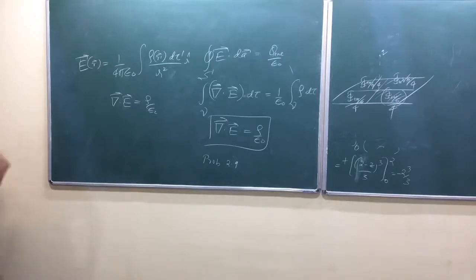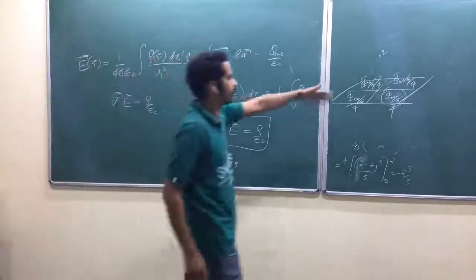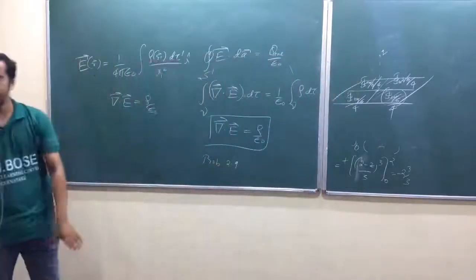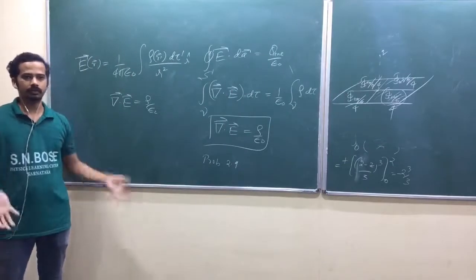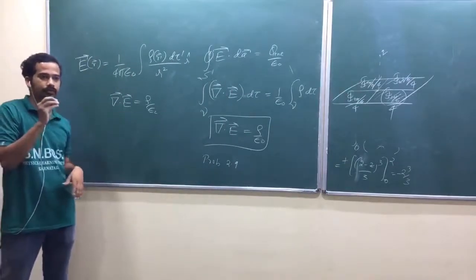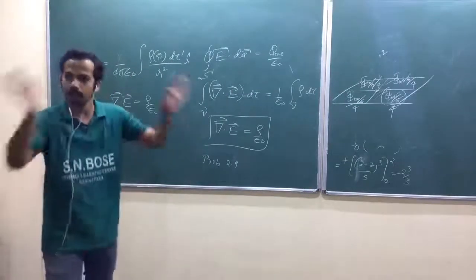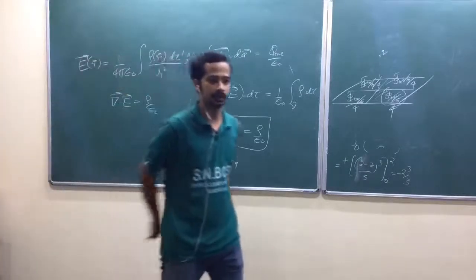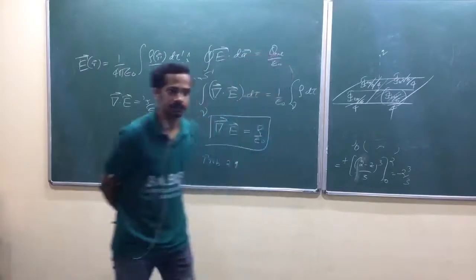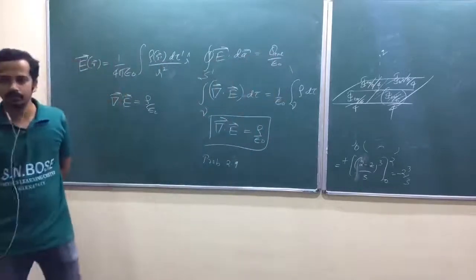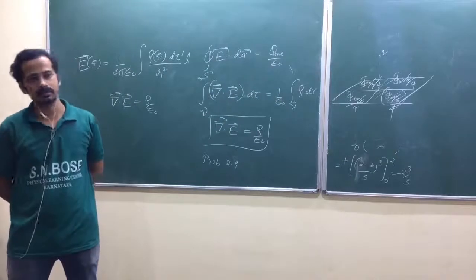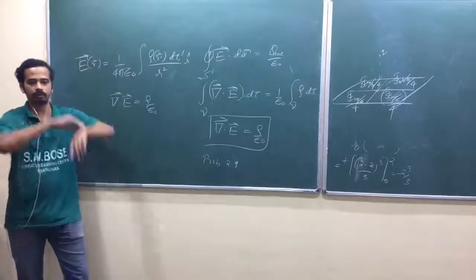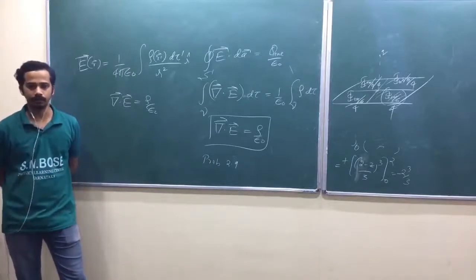Yeah, he's asking about our earlier problem, if Q is not at the origin or somewhere else, okay? Whatever the problem, if you want to explore Gauss law, your surface or your charge should be situated symmetrically. Either you have to run the surface symmetrically about the charge, or the charge should be situated symmetrically about the surface, about the total closed surface. Are you getting the sentence? Then only Gauss law is useful.